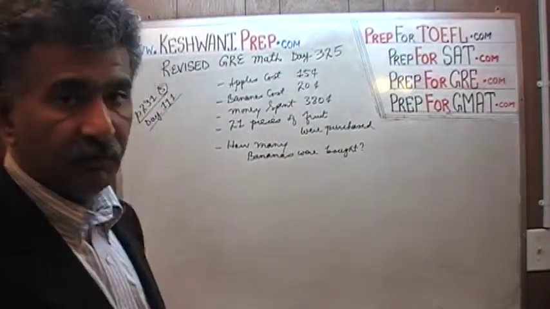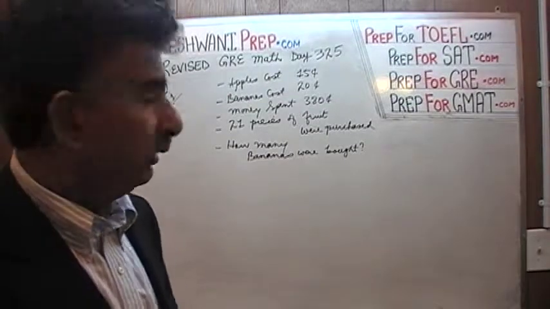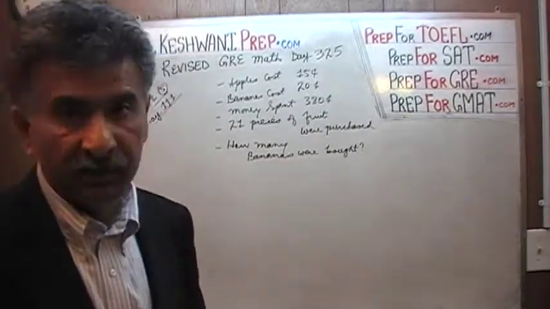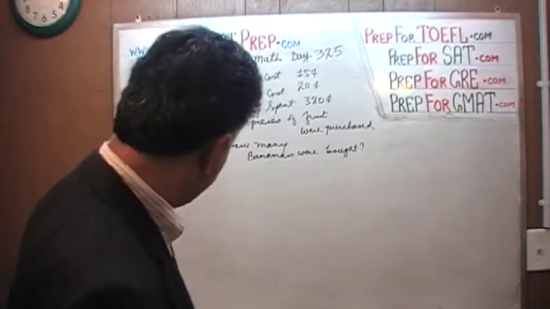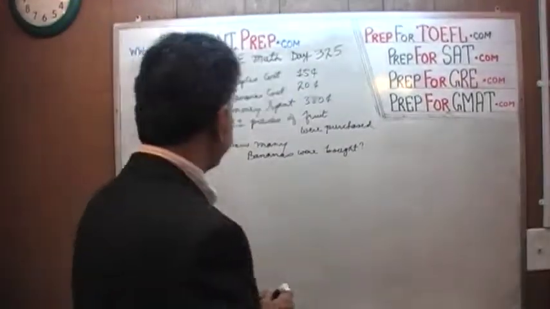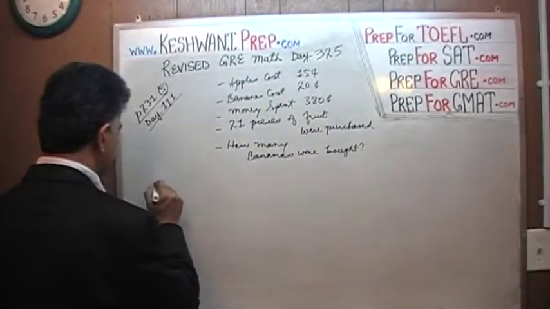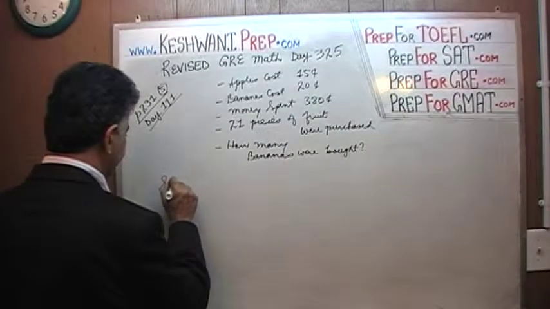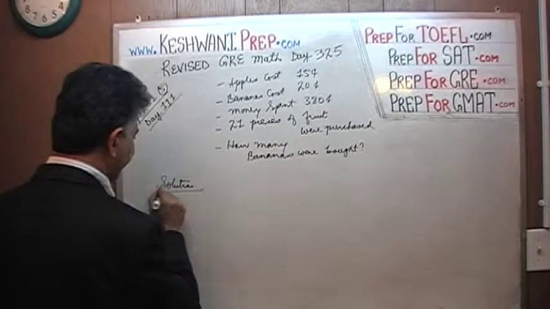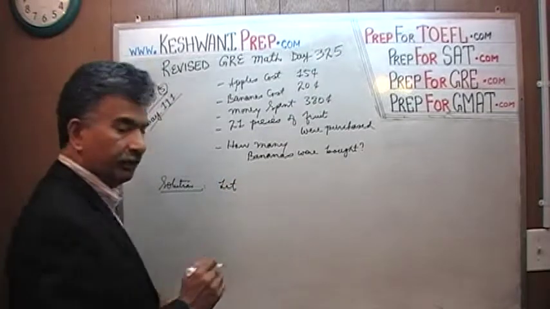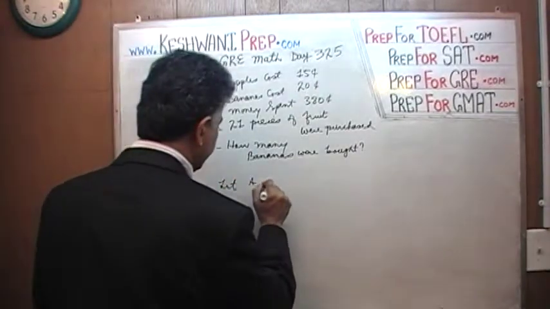The question is very simple, very straightforward. How many bananas were bought? That's all. So let's see what we can do here. Here's our solution. We're going to use letter A. Let A represent